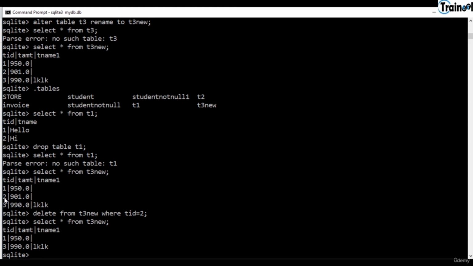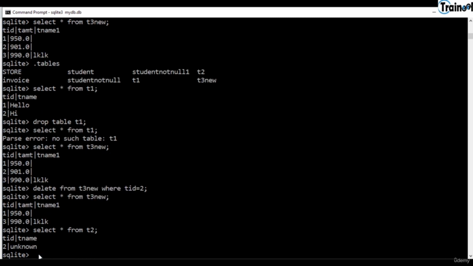So be very careful with delete. If you don't give a where clause, it will delete all the records. For example, let's say that I have t2. If I give select star from t2, you see we have 2 records. In fact, actually we have only 1 record. Before I give delete, let me first insert a few records. So insert